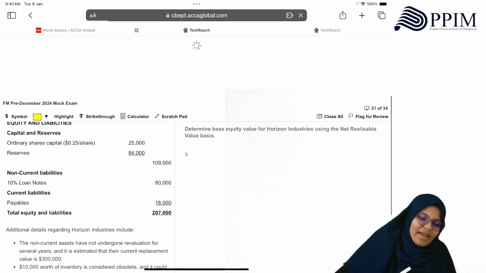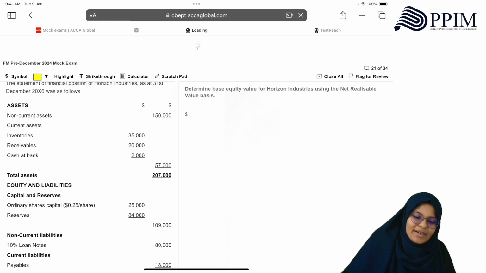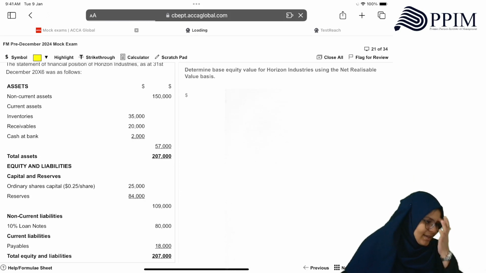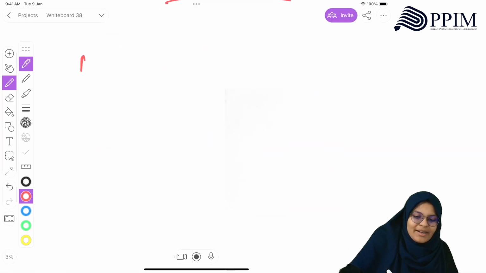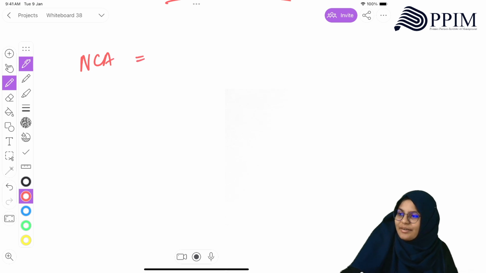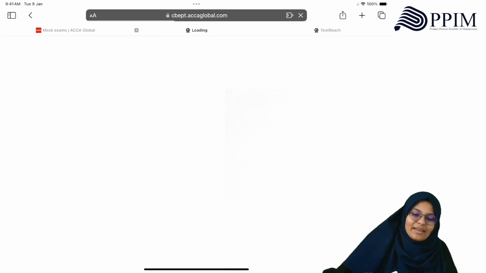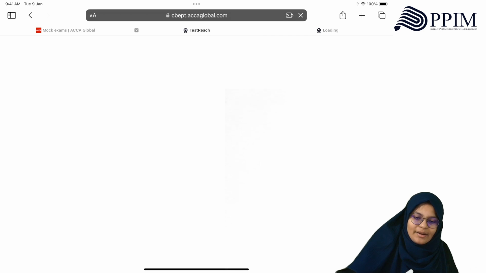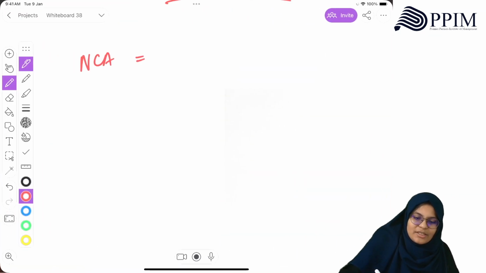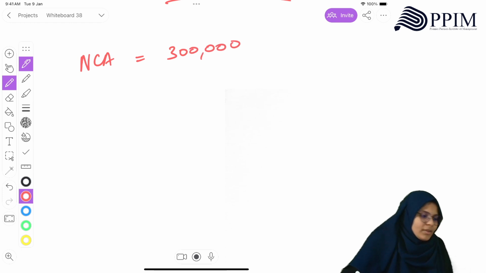So the assets that we have over here: non-current assets, inventories, receivables and cash. Now non-current assets, although in the books it says 150, they told me very clearly that it should be 300,000. So I can't take 150. I will take 300,000. I'll just mention it. Okay. Then inventory,